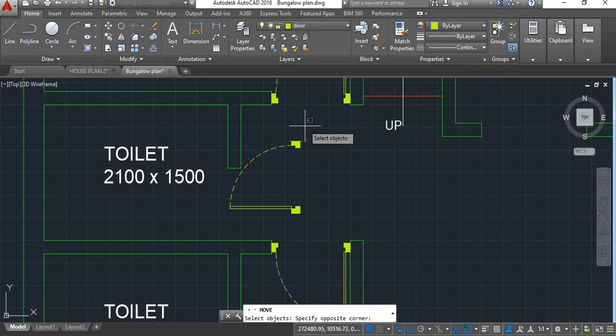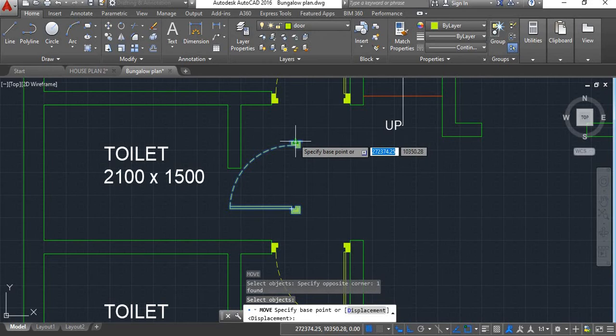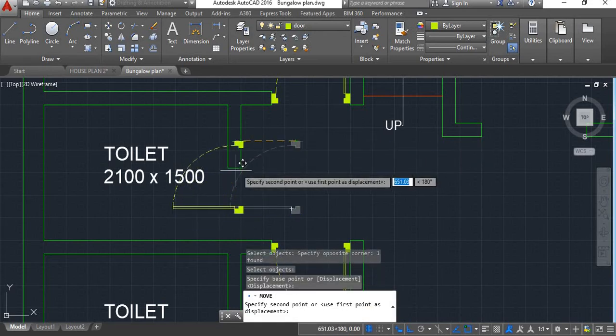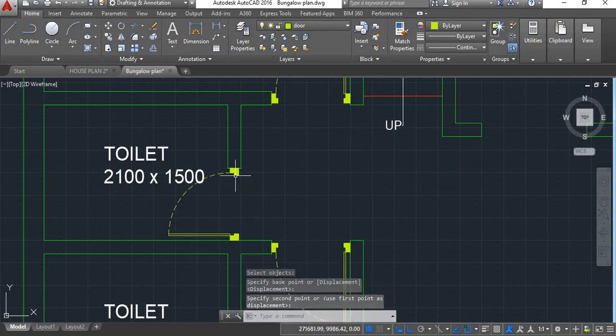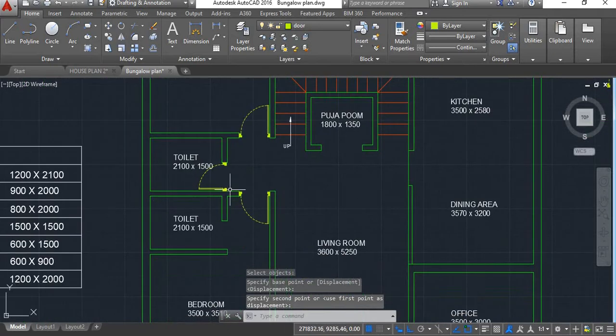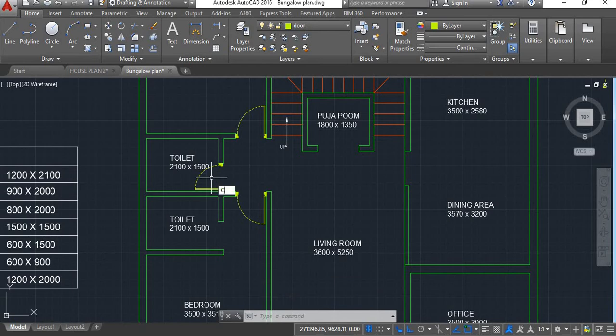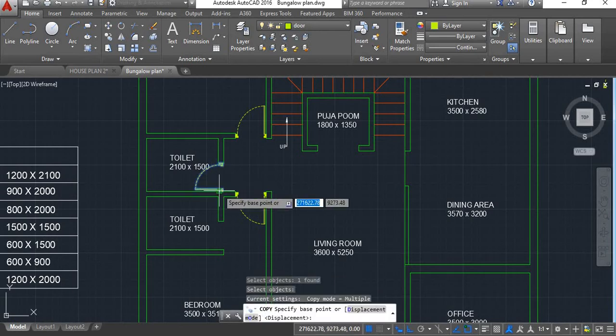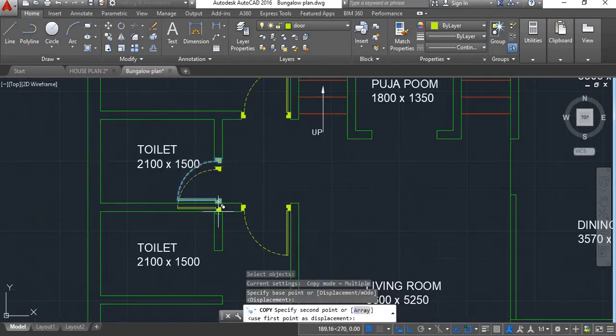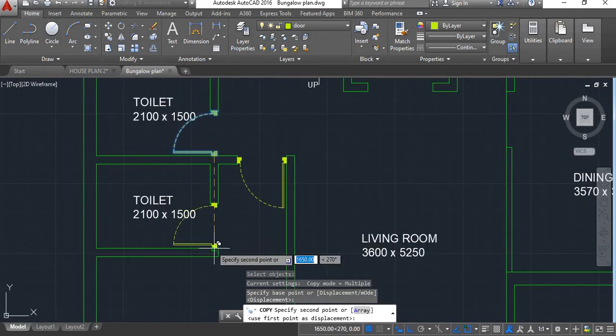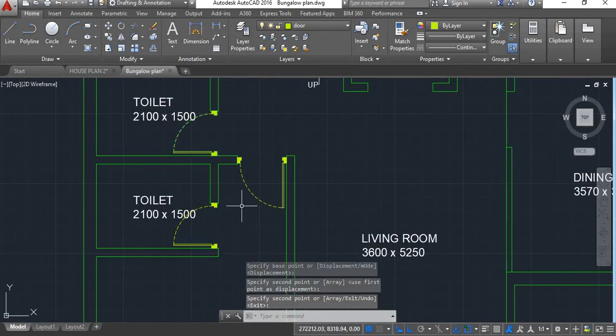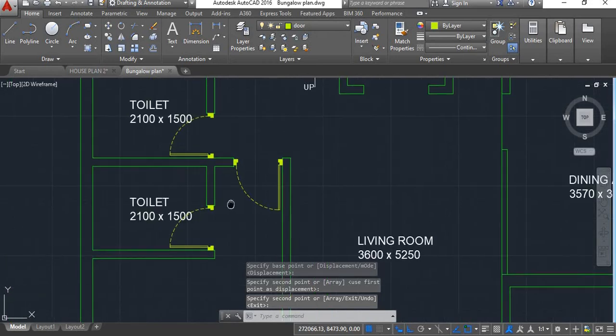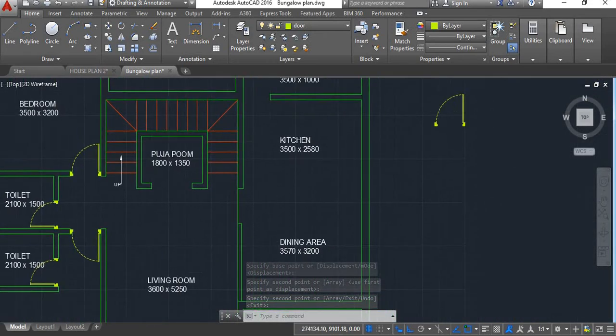Now take move command, select this point and copy it here. Again I'll take copy of this, take this midpoint and copy it here. So enter. Now this is our toilet doors.